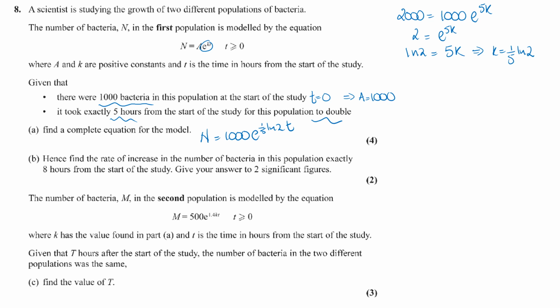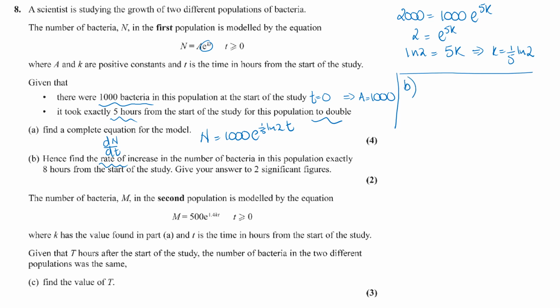Part B, hence find the rate of increase of the number of bacteria 8 hours from the start. Now as soon as you read that word rate, it's the rate of change with respect to time. You know you're going to be differentiating with respect to time. You've got to find out dn by dt. So if I do B here,